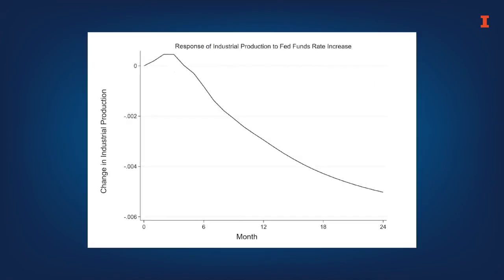Here's industrial production. The graph shows that it takes about 6 months for industrial production to go down. This is an important point. Monetary policy affects the economy with a lag. This happens for at least 2 reasons. First, firms may have already received funding for investment plans and are still implementing them. Second, it may take some time until changes in the interest rate affect consumer spending.